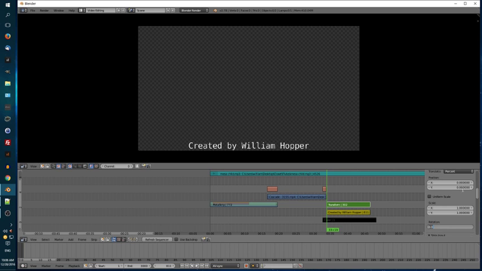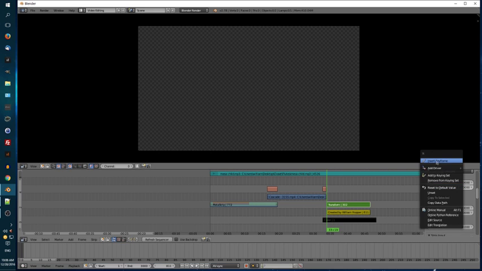All right, so what we want to do is we're going to start at this frame. We're going to use the Y position and take it to a negative value and bring it down till it's out of screen. And then you're going to right-click or hover over, either one. If you hover over and hit I, it'll give you a keyframe. If you want to remove a keyframe, Alt-I will take it off. A keyframe is simply, at this frame, this object will be in this position. And if you make two keyframes, it will interpolate between the two, and it'll cause the text to move to the top. So we're going to right-click or hit the I key, insert keyframe,